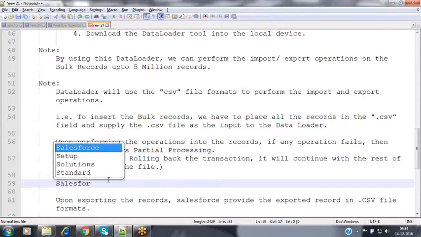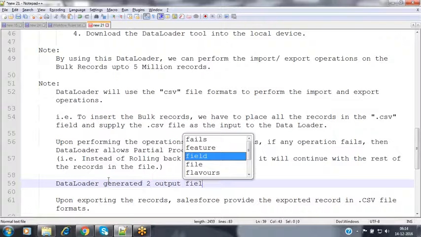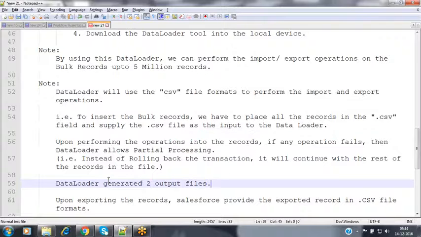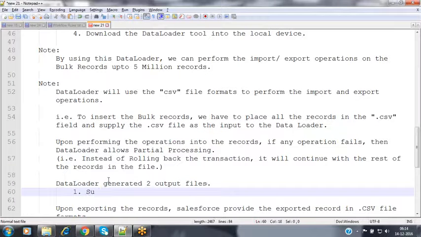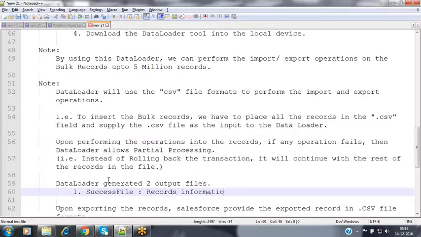Data loader generates two output files. One is a success file, which contains the information of the records that were processed successfully.